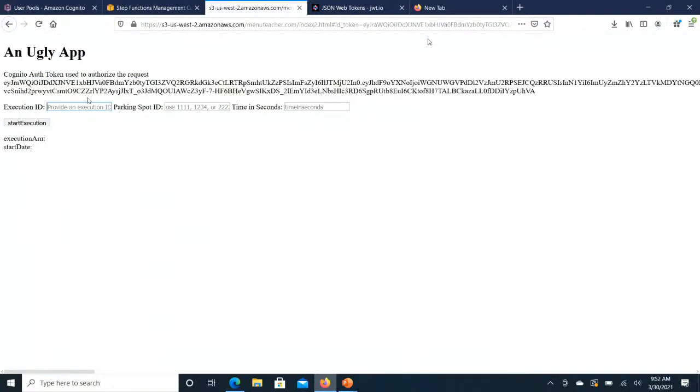I'm just going to give it an artificial, random number for the execution ID. I have right now 3 or 4 spots in my parking lot. So I'm going to go ahead and put 1111, and I'm going to ask for, let's say, 30 seconds, right? So this would be my little application, and maybe I have my PayPal configured for it or some other pay service, and I just bought 30 seconds of parking lot time in this little application, and then I trigger start execution. So if you come over here, you see how it gave me an execution ARN. So basically it says, okay, we started that little execution for you.